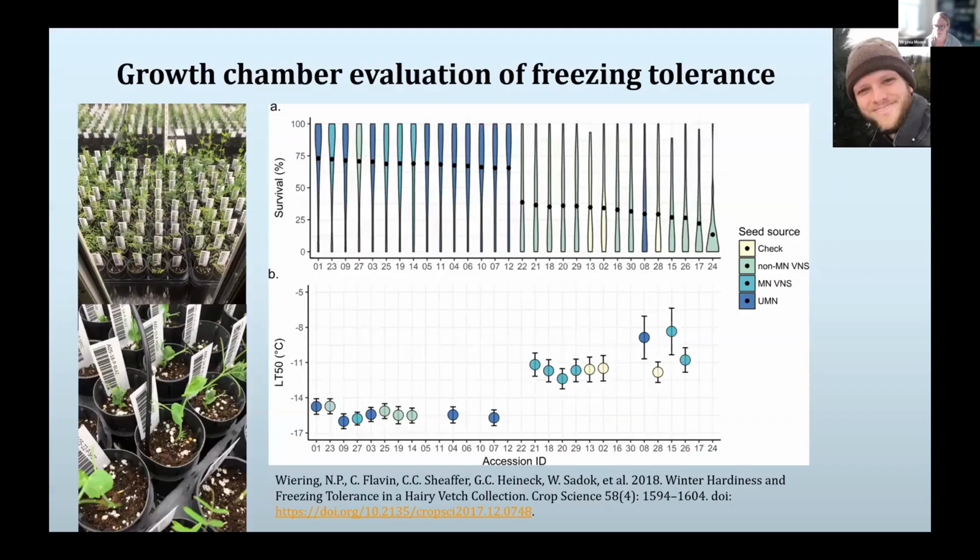And another way that we deal with this is through controlled environment testing. So we have a collaborator at the University of Minnesota who has done a lot of this work previously. And so the goal here is to simulate winter conditions in a more controlled way. We can have more predictable outcomes, and we see that the results in the growth chamber, in terms of the